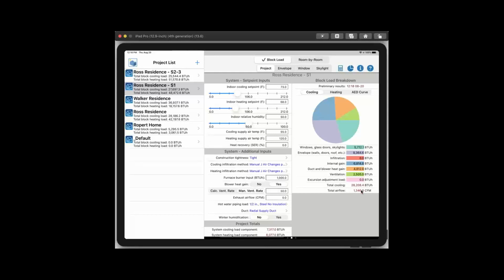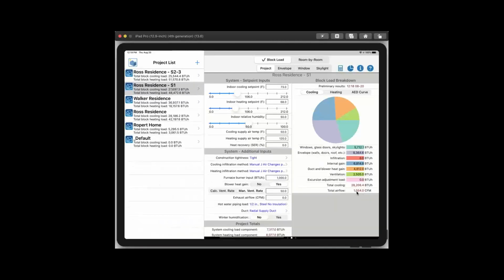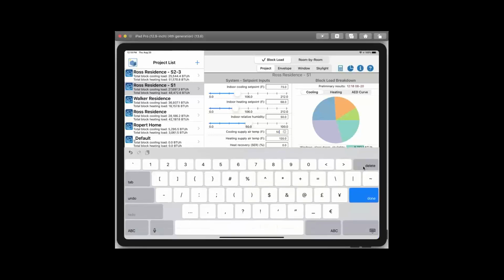Like, why does my airflow appear so low or so high? Well, airflow is calculated by your total cooling load divided by a factor of 1.1, which is typical for 0 feet elevation, times your temperature difference, meaning the difference between your cooling set point and your cooling supply air temp. If I lower this cooling supply air temp to 50, see how it changed my airflow? It actually reduced my airflow because my denominator is now greater. If I change it back to 55,